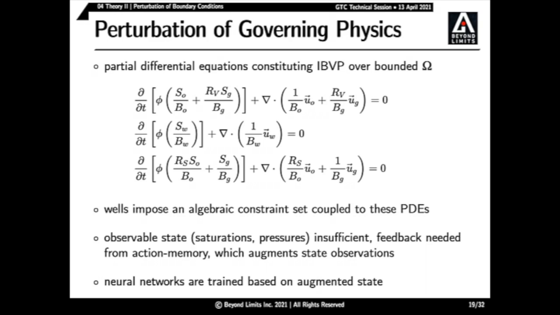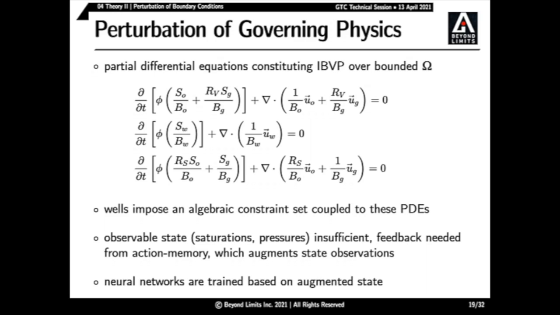And this consists of the oil, water, and gas systems respectively acting together over a domain for a given set of initial and boundary conditions. These equations are then coupled to the algebraic constraint set that solves for the flow within the wells and how it drains fluids from the reservoir. Morally, you may consider these as part of the boundary conditions, partial omega, that dictate the evolution of the PDE